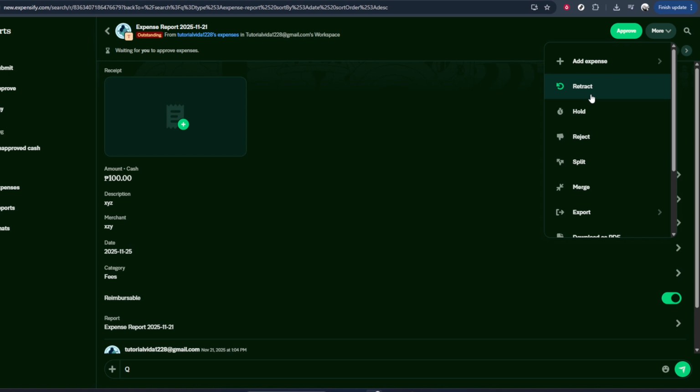Click on Retract. In many setups, this will immediately change the status of the report from closed or submitted back to an editable state. In some cases, you might see a confirmation message asking if you're sure you want to retract the report. If that appears, just confirm your choice. Once the report has been retracted, you can review and edit any of the details that your permissions allow. Adjust expenses, correct dates or categories, add missing receipts, or